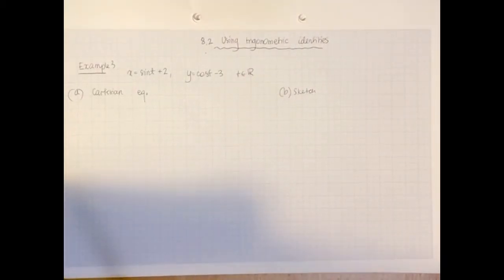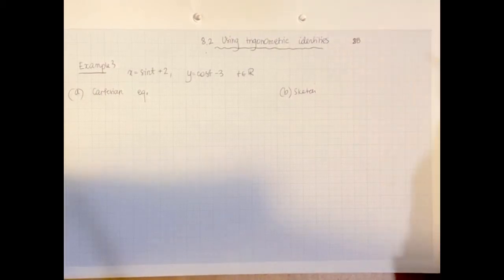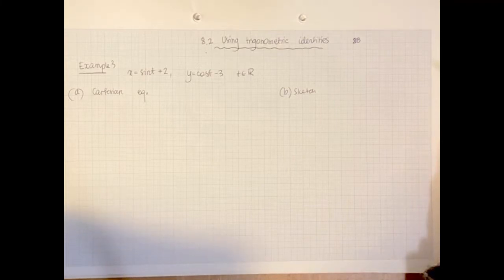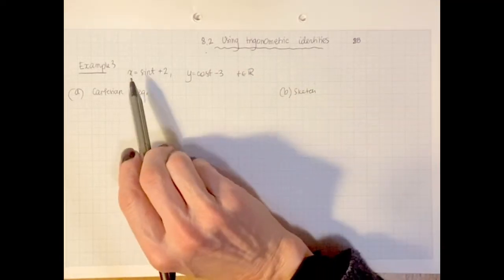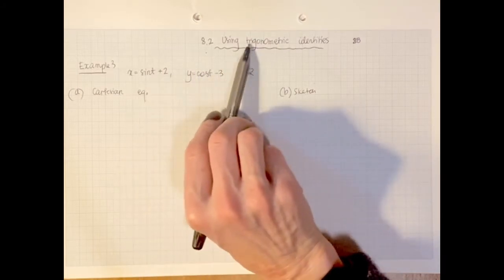Section 8.2 leading up to exercise 8B. I'll follow this section by showing you a few questions where you will be asked to find the domain and range of those functions. So here we are going to have parametric equations that are defined using trigonometric